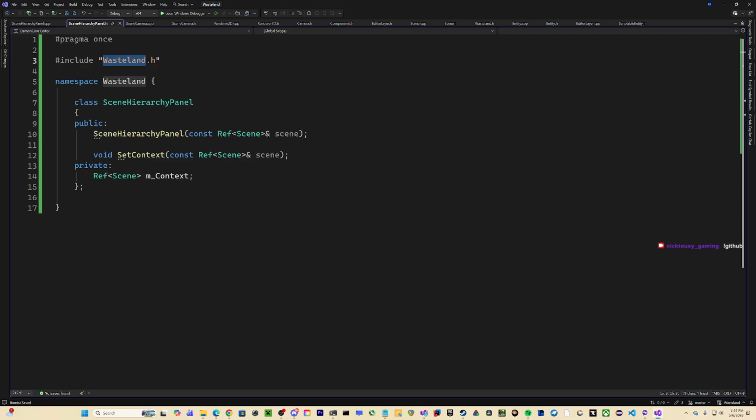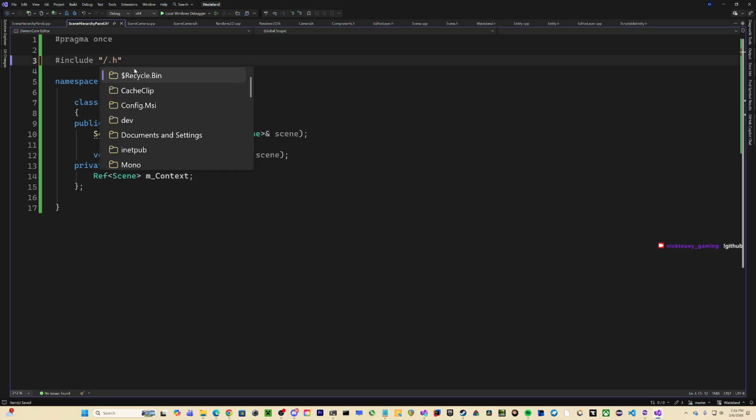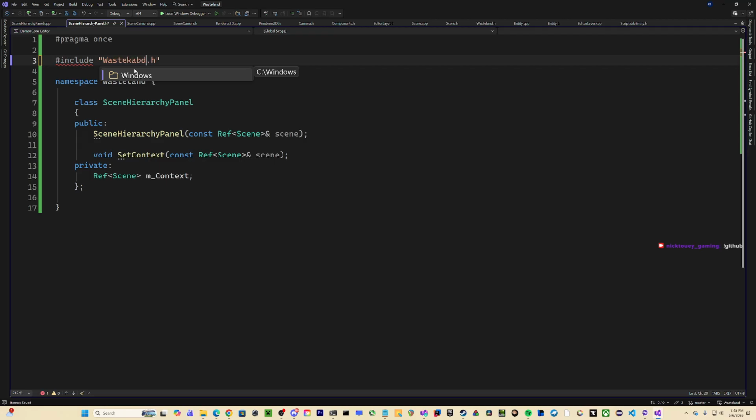Know it. Wasteland. Scene. I'm just gonna do that so I know actually what it's calling or getting a reference to. What in the hell is this? Oh, never mind. I have to make it Wasteland.h because apparently it can't get a reference to whatever this is.